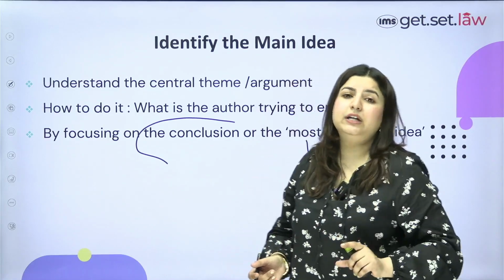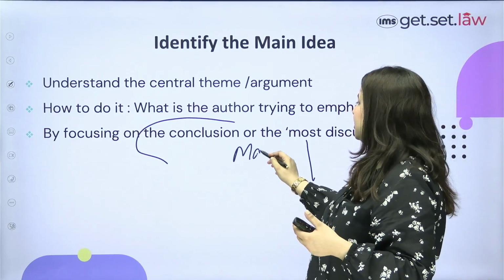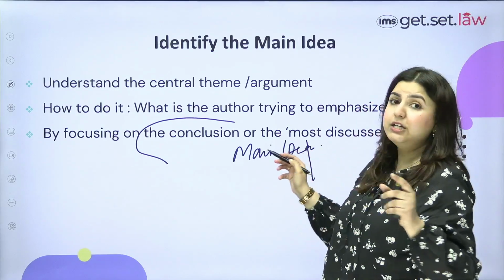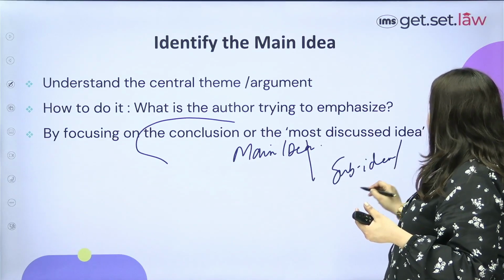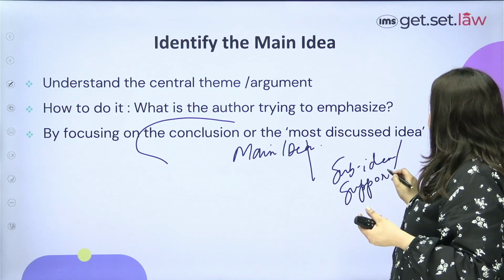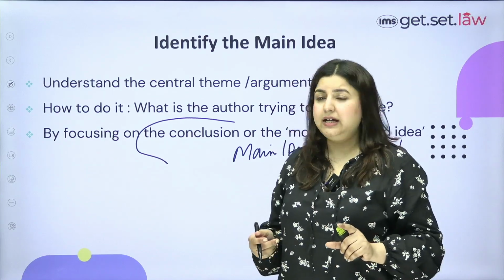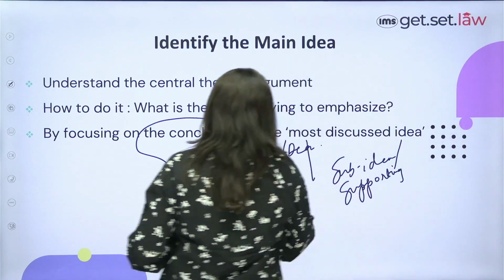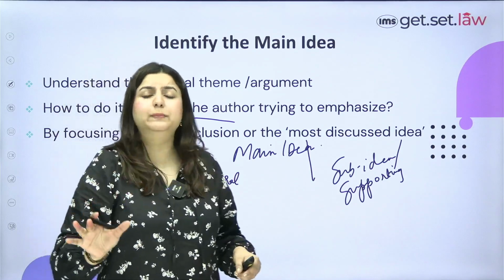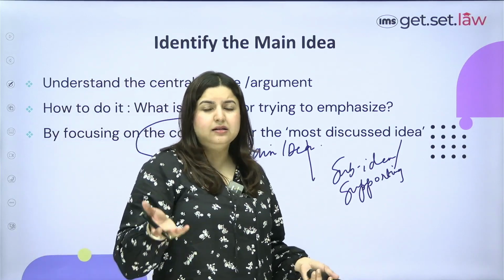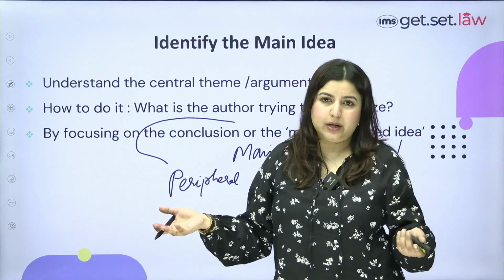Let me also tell you something very important here. Essentially, there are three ideas in a passage. One is called the main idea or the central idea. The second one is called a sub-idea, right? A sub-idea, or you can also call it a supporting idea, which supports the main idea. It's an idea that leads up to the main idea, but it is not the main idea itself, right? And the last one is called, let me write it down here for you, a peripheral idea, which is an idea which even if you remove from the passage, it's not going to impact the passage, right? It's a very peripheral idea like that. Something which is just mentioned, you can choose to not read it as well, for it doesn't create any impact on the passage, right?